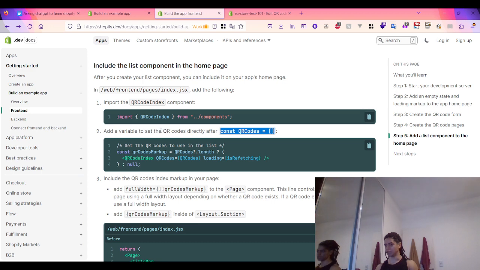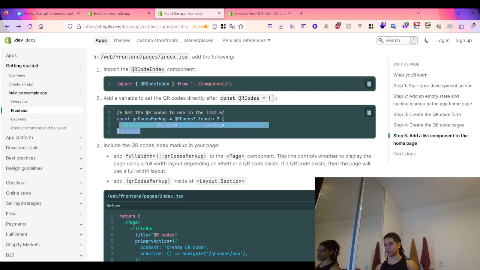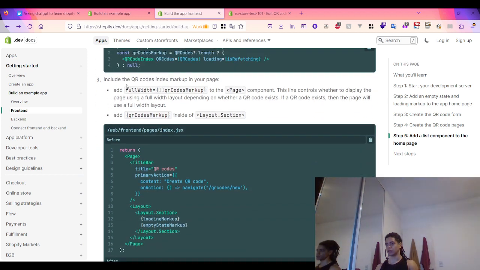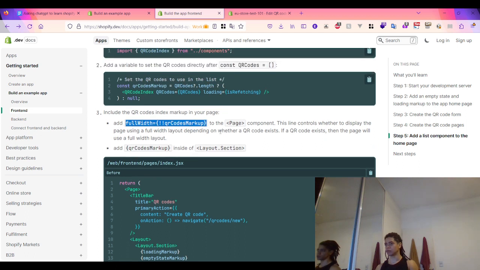The variable is already added. Set the QR code to use in the list like this. This is the markup. Include the QR codes index markup in your page. Add full width to the page